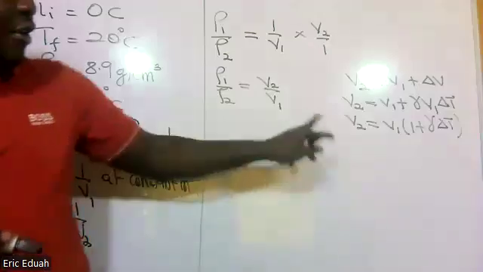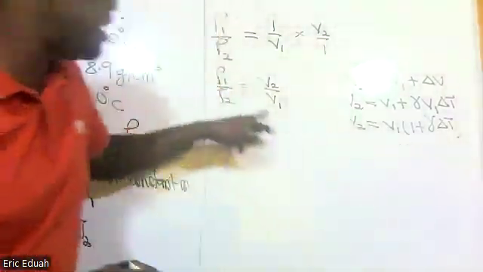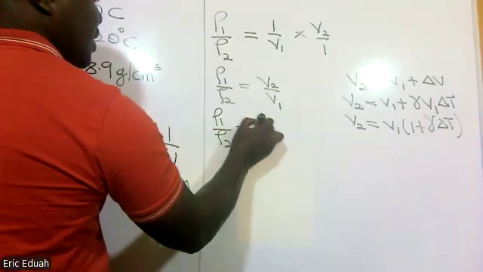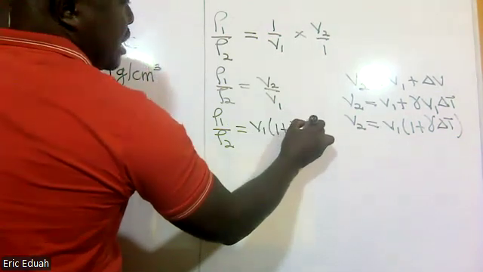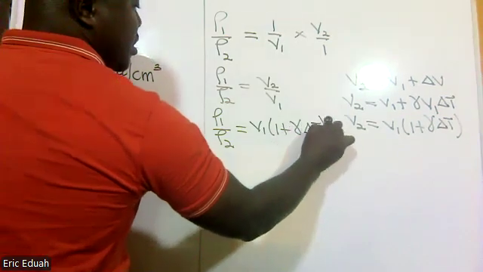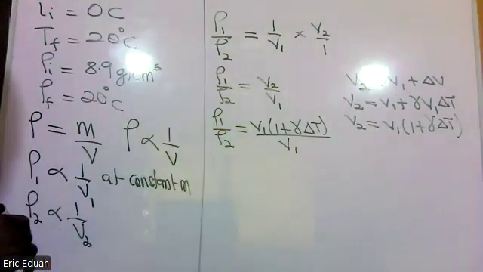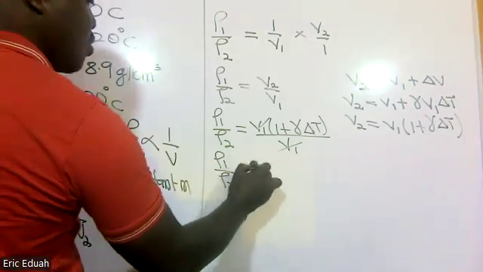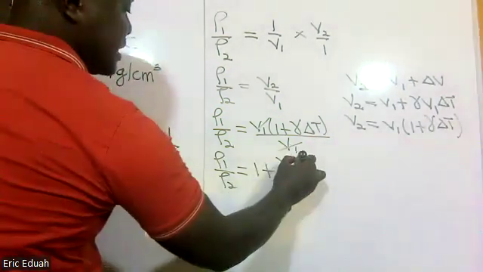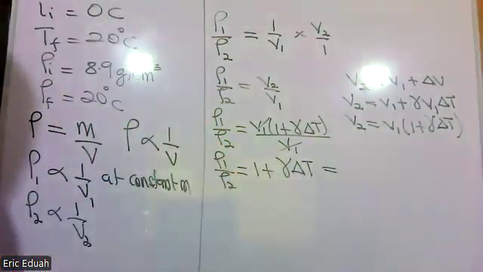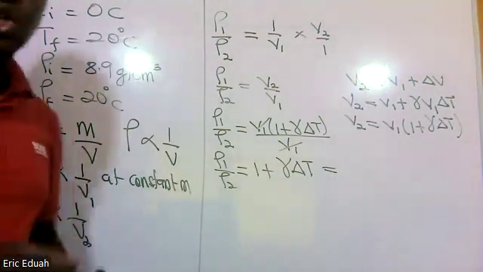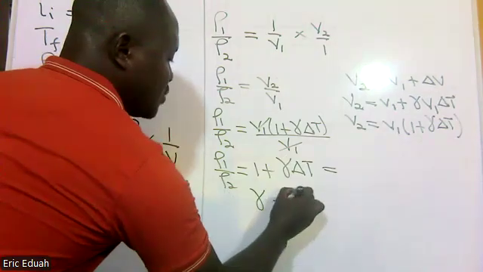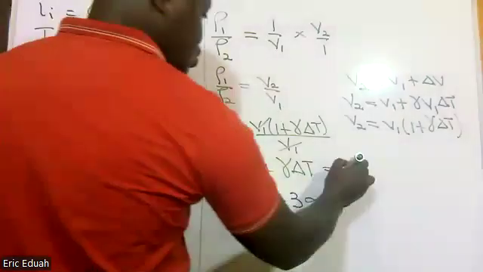So this is the expression for V2, which we will substitute here. So we substitute this in place of V2. You have rho 1 on rho 2 is equal to V1 times 1 plus gamma delta T on V1 again, where V1 would cancel out. So it simply means that rho 1 on rho 2 will be equal to 1 plus cubic expansivity times change in temperature. And we've learned the relationship between cubic or volume expansivity and linear expansivity. Cubic expansivity is equal to 3 times linear expansivity. So this will be equal to 1 plus